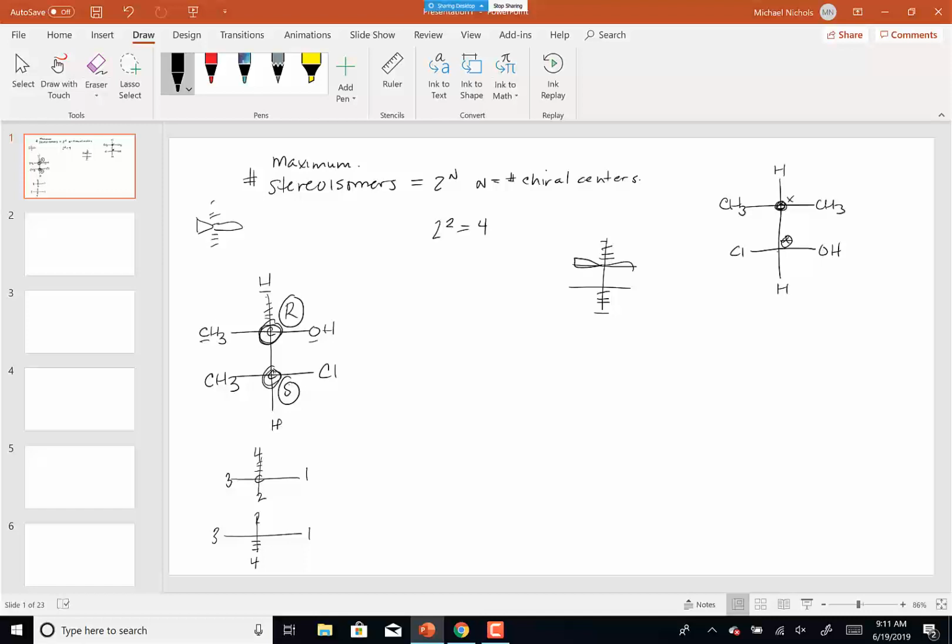The horizontal positions are definitely bold, and for the middle one, we'll just put it in the plane. Could it be any other way? Other than that, you could say that this position in the middle is dashed,